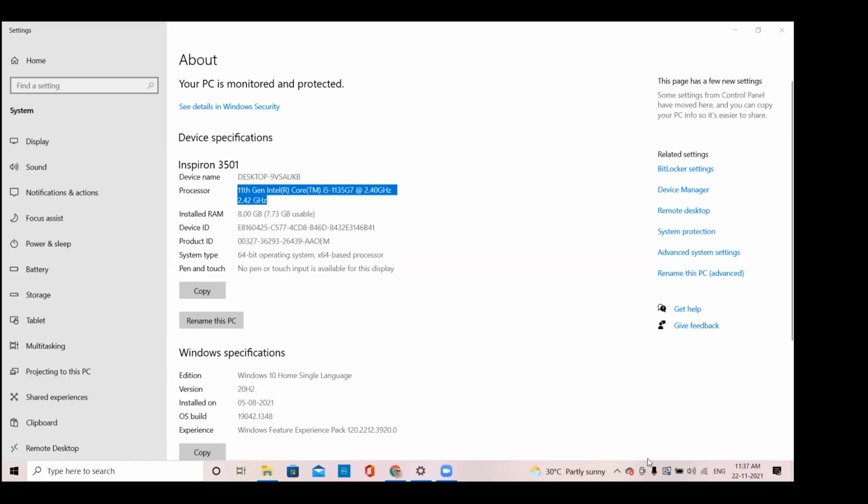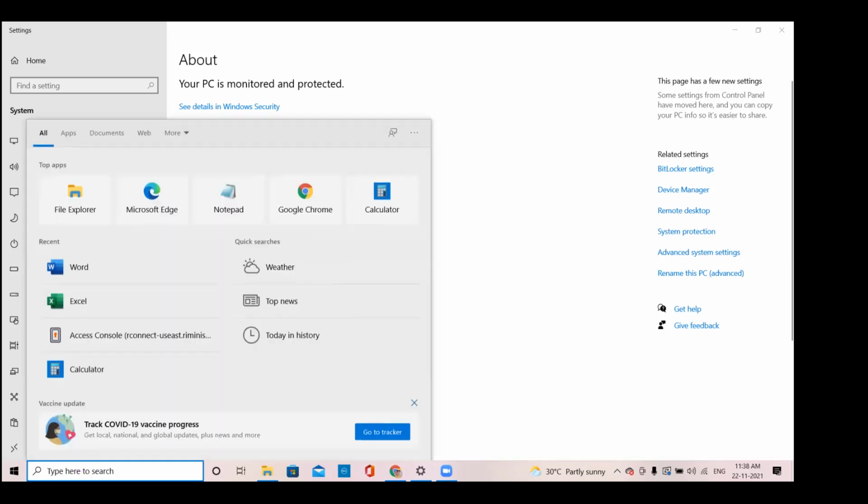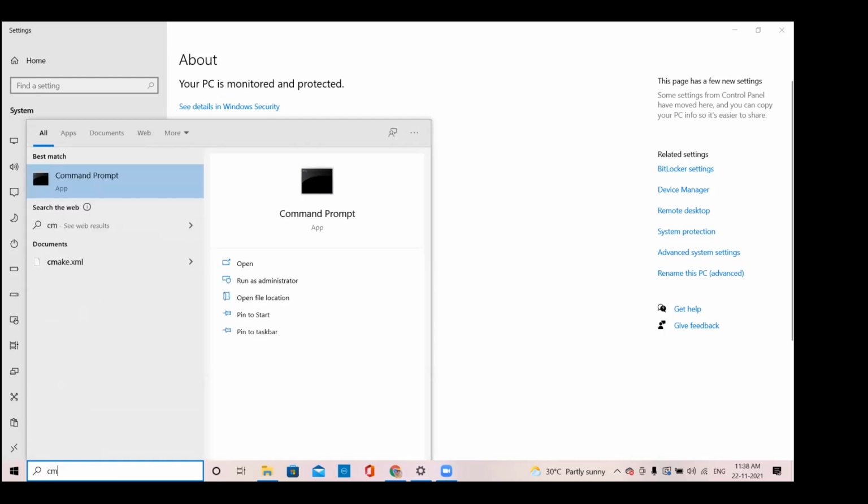And how to check the host name? Anyone can answer. How to check the host name in command prompt? Okay. Do we need to open command prompt? How to open command prompt? Yes, sir. Shall I share screen? You can type it here in Windows search, command prompt. You can search in that Windows search box on the bottom left, right? On the bottom left, you can type CMD. Right. Enter.